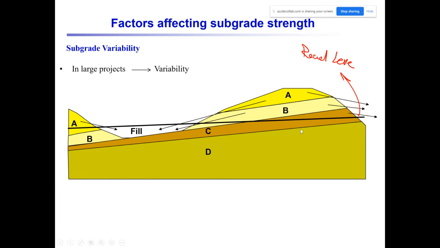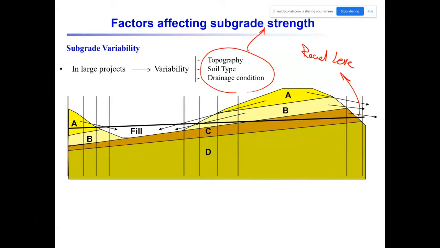As a civil engineer, you need to decide whether you consider the minimum CBR value, the strength of the weakest soil, or whether you want to change your design, the thickness of the layers, for each part of the road, right? So this is one example of variability. We can have variation in topography, variation of the soil type, as well as variation of the drainage condition. And variation of all of these will affect the subgrade strength. For this simple example,